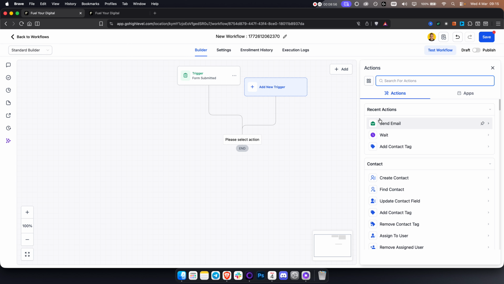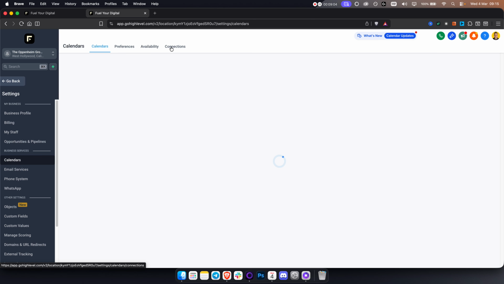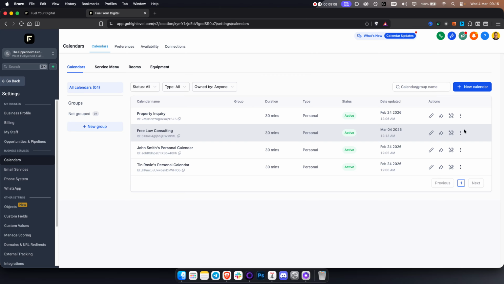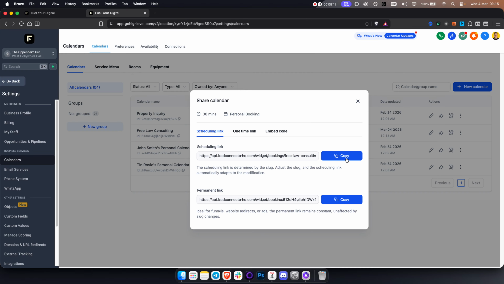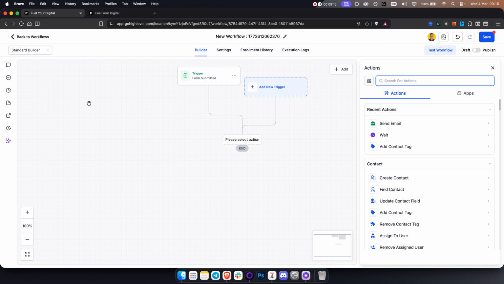And whenever someone goes on their website, whenever someone submits a book a call, they will go through this trigger, and then that trigger will be triggered and it will send them reminders automatically. Now, another thing that you can do is Go High Level can automatically send follow-up emails, SMS check-ins, and educational content. And this can keep the law firm top of mind, and it will convert more inquiries